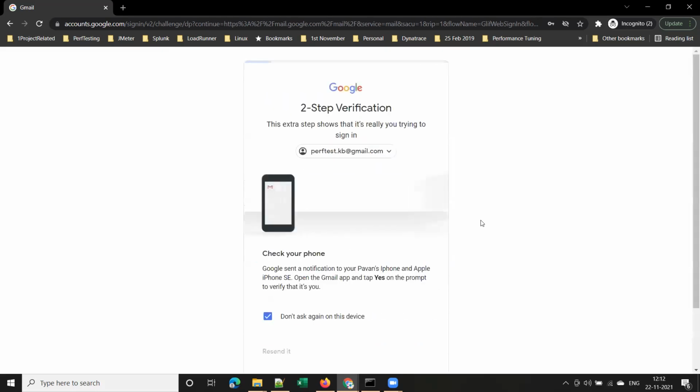Guys, you understood what functional testing is. Once I enter the correct password, since I enabled two-factor authentication, I have to approve it on my mobile. Of course, I have enabled this. This is optional, so you can disable the two-factor. By default, you don't have two-factor authentication, but I have enabled it. So you understood, right? What is functional testing, guys? Yes, sir.